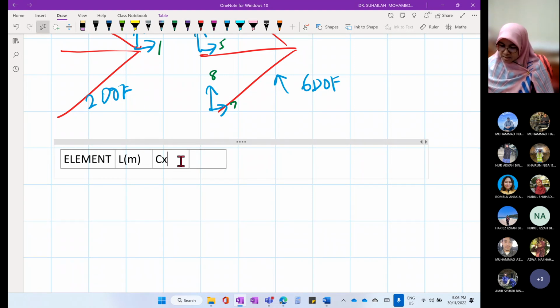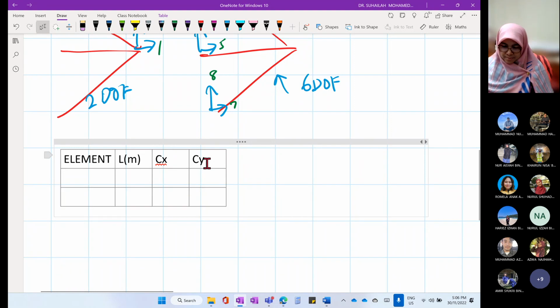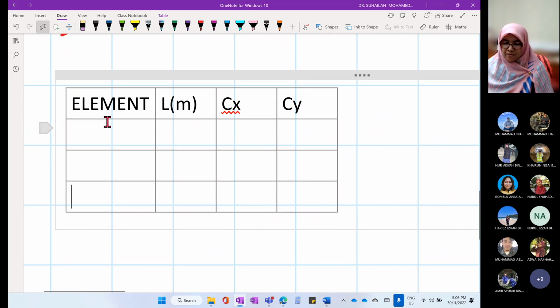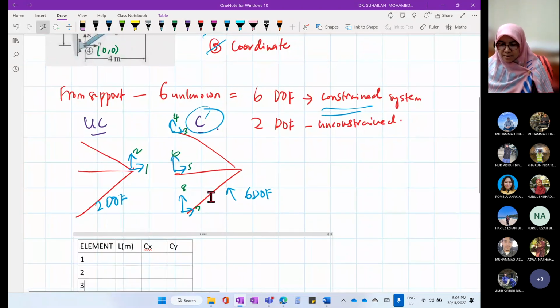We have 3 elements: element 1, element 2, element 3. For element number 1,